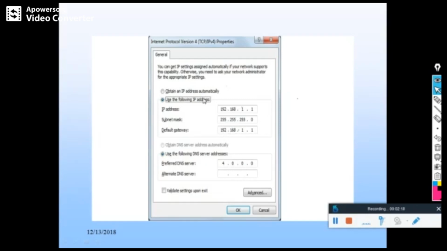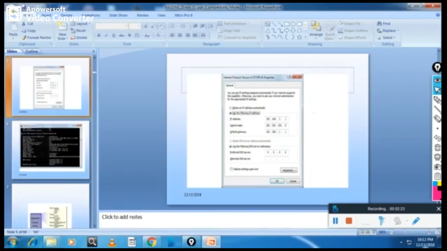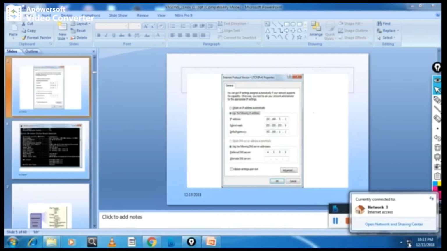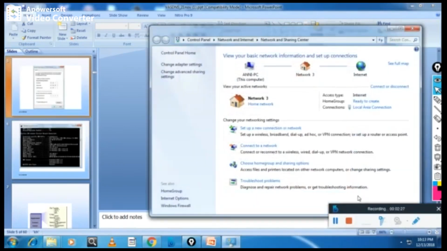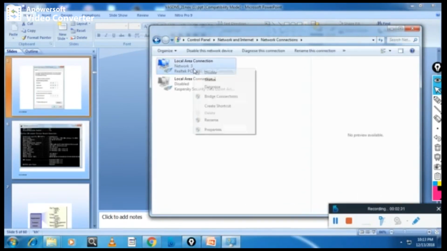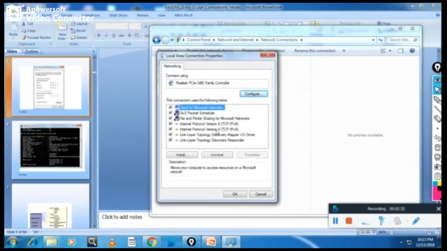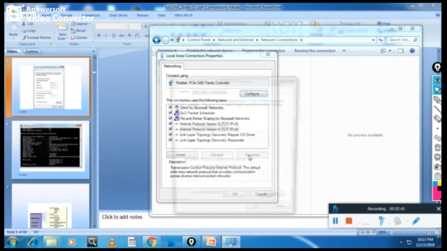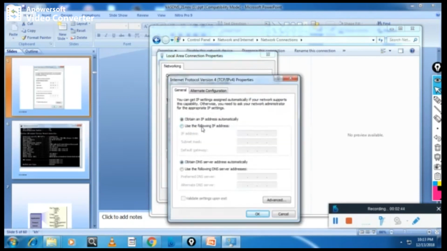For example, I will take you to my machine now. Here, if I click on this network card, you can see Internet Protocol Version 6 and Version 4 are configured already. I will take version 4 and properties, and you can see here obtain an IP address automatically.